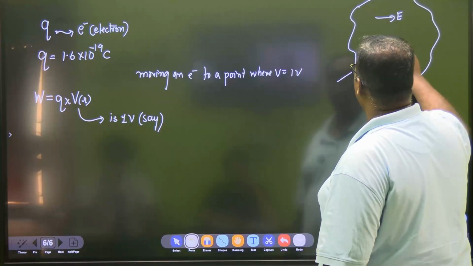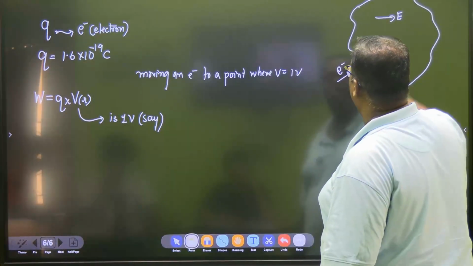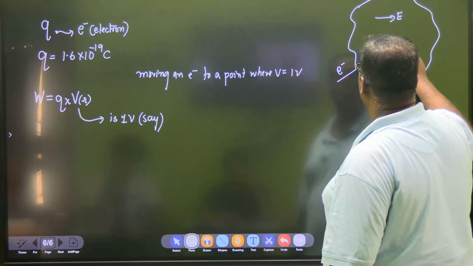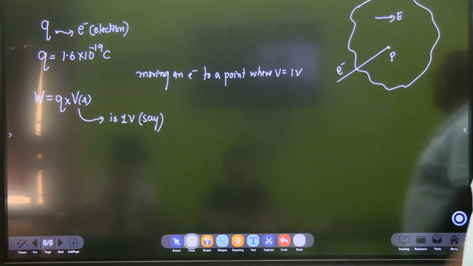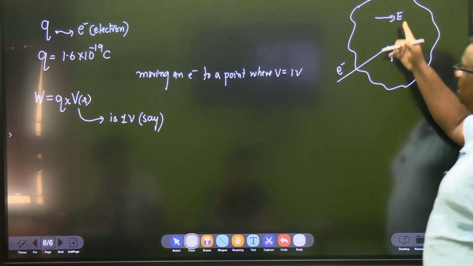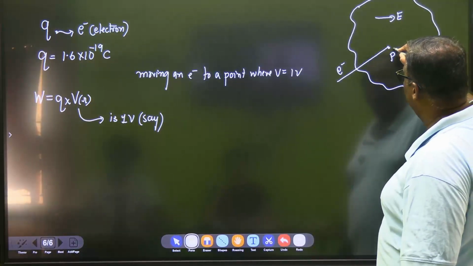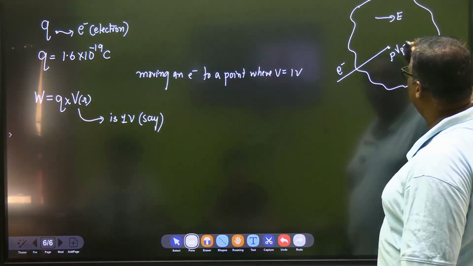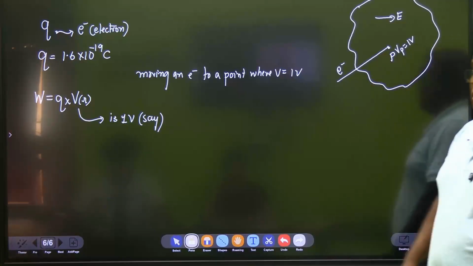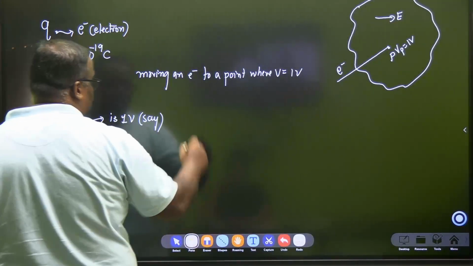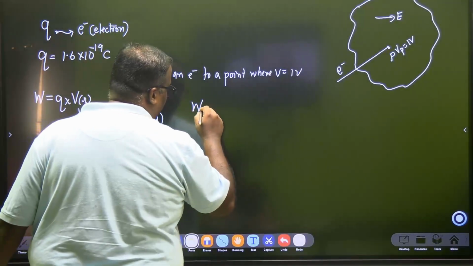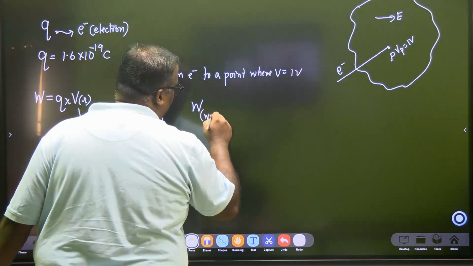What are you trying to move? I am trying to move an electron. Where are you trying to move it? Moving it to a point P, where an external electric field is present. This external electric field creates a voltage at P which is equal to 1 volt. You are trying to find out then what is the work done. Then the work done, W means this is work done